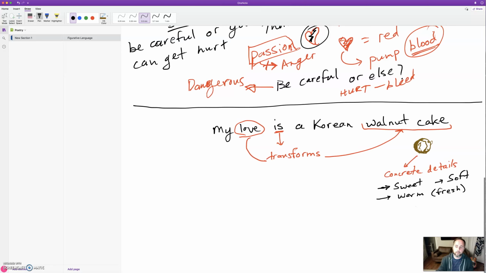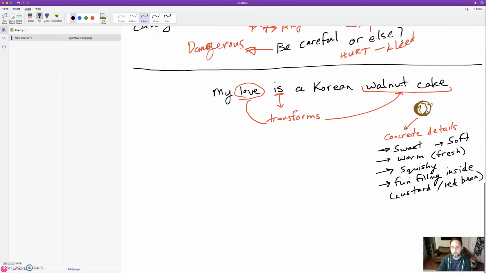So they're sweet, they're soft, they're warm, they may be a bit squishy. They have some kind of fun filling inside. So maybe they have custard or red bean. Okay, so there's something inside of them. That's nice, a little treat inside. Okay, so those are all kind of positive attributes,